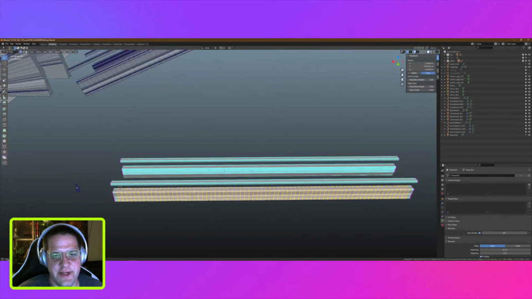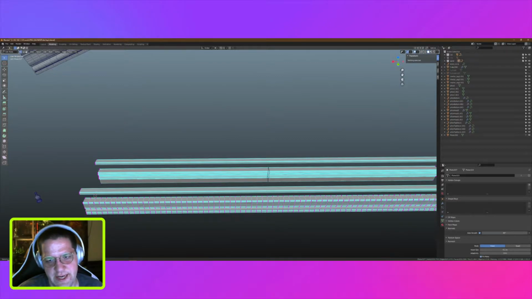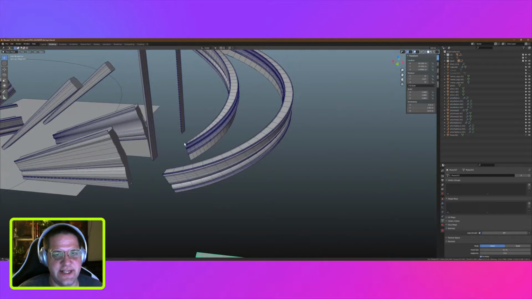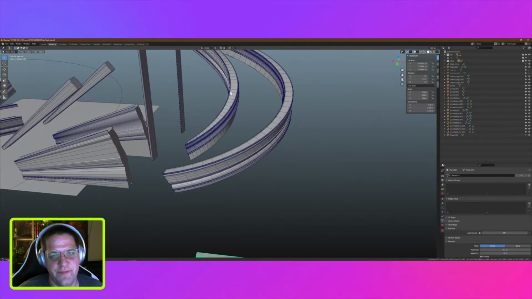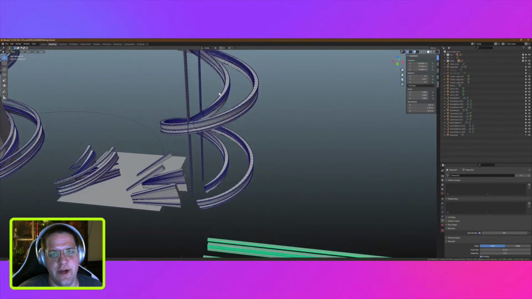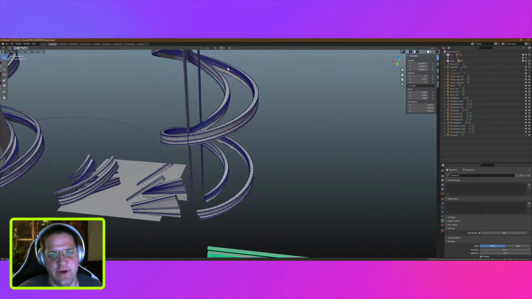I'm doing this more to keep it even. So what you can do is just press Control R, which will summon one edge, and if you mouse scroll up, it's going to keep adding more edges. Typically, I do Control R, add a couple, and then I just type the number in. You just put 70, I'll do that. And that's like the inner part of